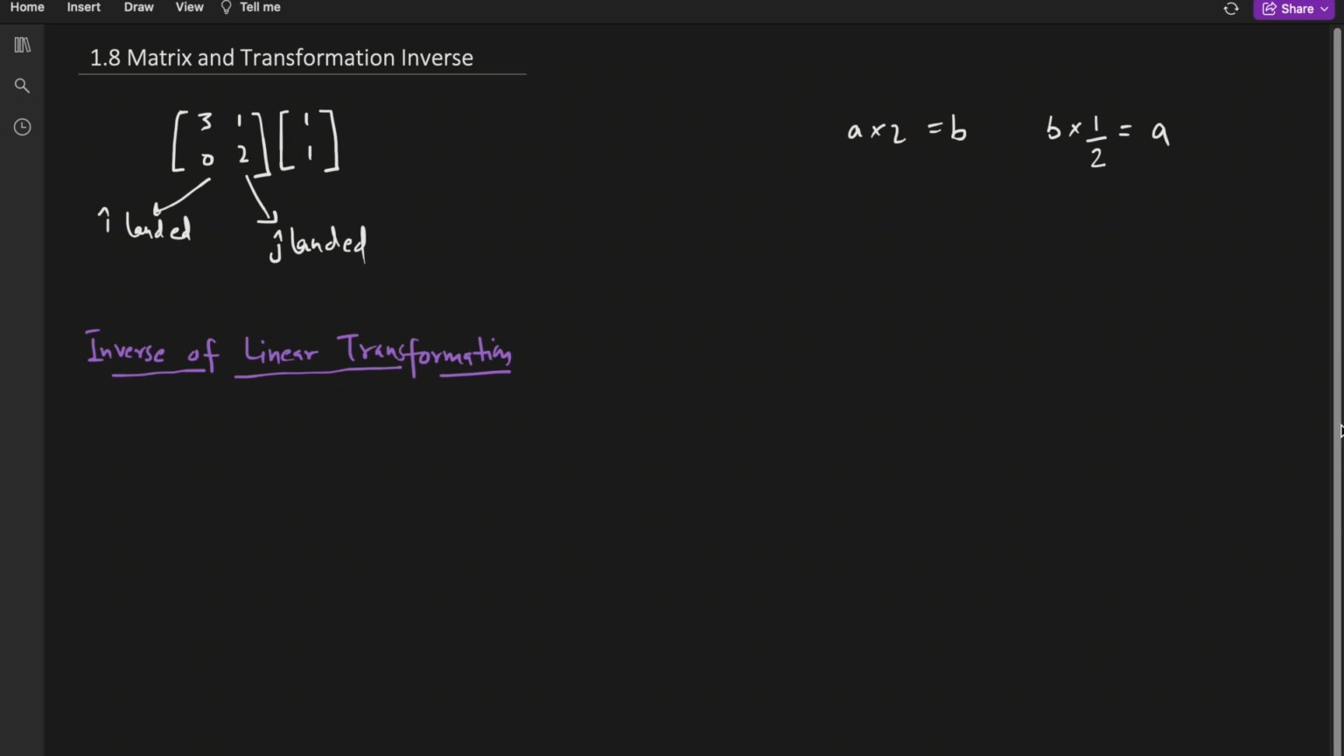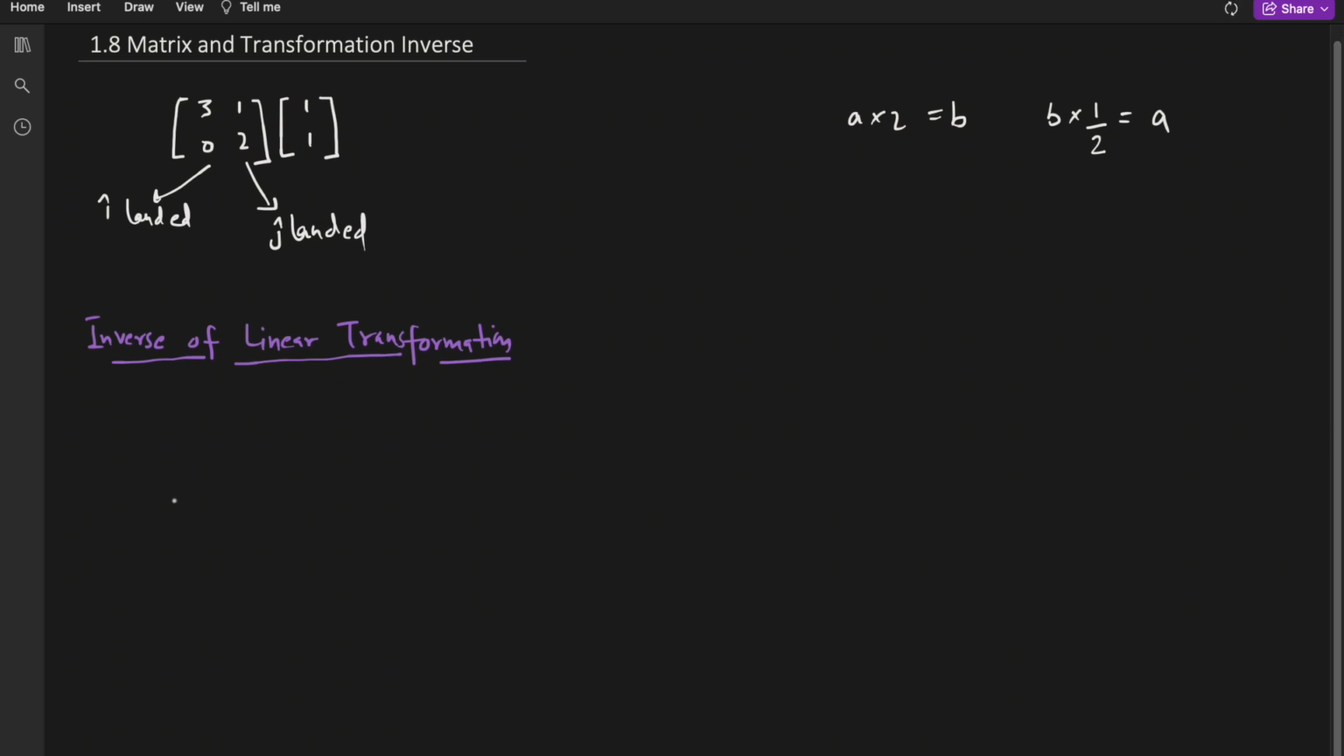So first we will go with the definition. I will write down the definition and then I will explain. So a linear transformation, let us suppose T is a linear transformation. It is from Rn to Rn, right? Is invertible